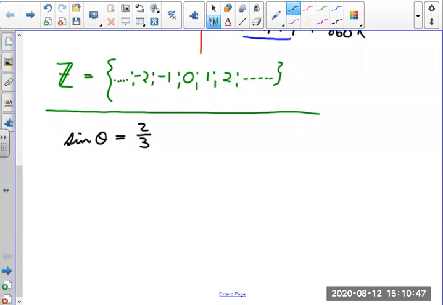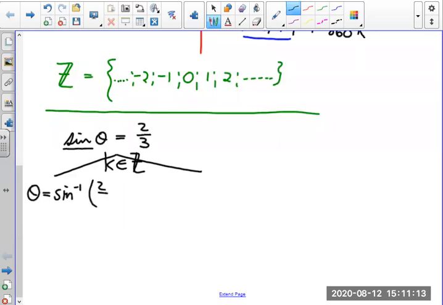If you want to get rid of sine, you just make two legs, and somewhere where you divide, you say, I must remember that k is an element of Z. And you just say, theta is equal to shift sine 2/3, your right-hand side, plus 360k,